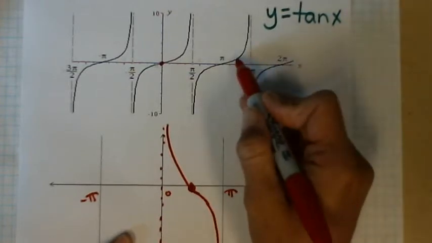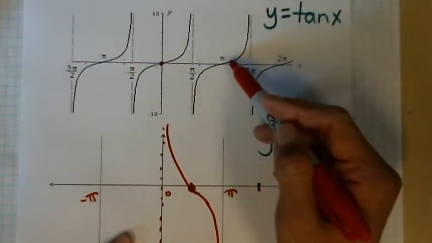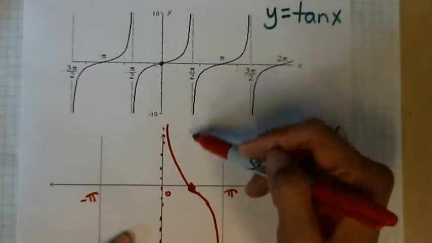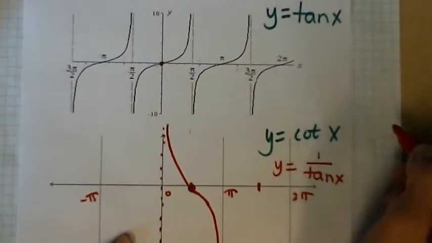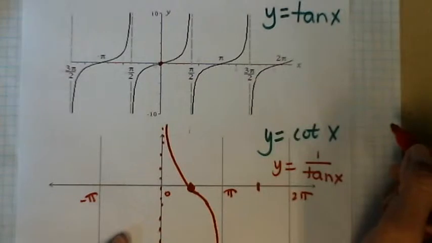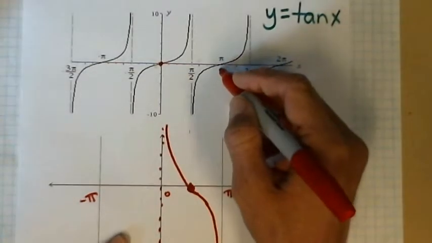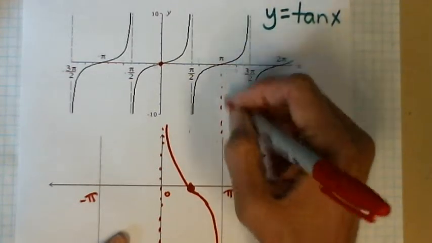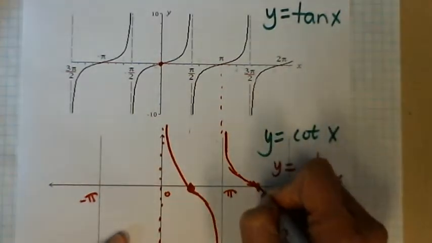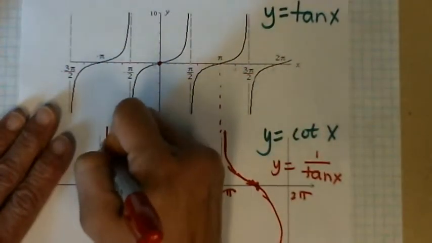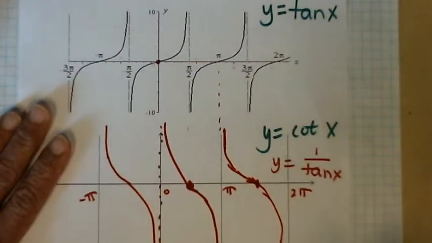So that same pattern: when tangent's positive, so is cotangent. When tangent's negative, so is cotangent. Okay. So my asymptotes are at the 0. So there's my pi. Does that line up? Maybe that's so that lines up. So positive tangent, positive cotangent in an asymptote, heading towards a 0 at the asymptote of tangent. Okay. So cotangent is kind of like tangent but flipped and shifted,